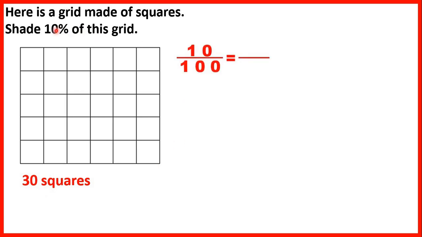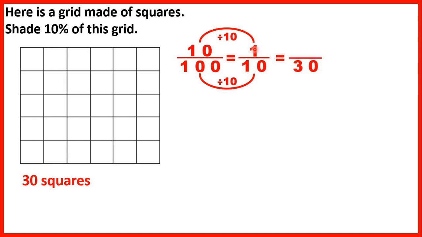So we know 10% means 10 hundredths, but we need to turn that into a fraction with a denominator of 30. But 30 isn't a factor of 100. So what we need to do is simplify this fraction first. If we simplify 10 hundredths, we get 1/10 because we can divide both the numerator and the denominator by 10. So if we know that 10% or 10 hundredths is the same as 1/10, then we can find an equivalent fraction to that which has a denominator of 30